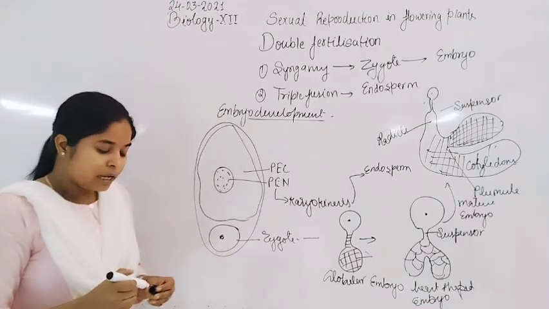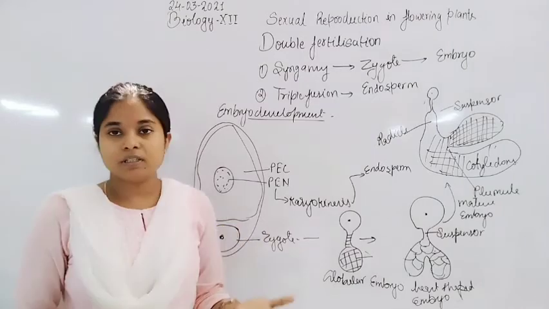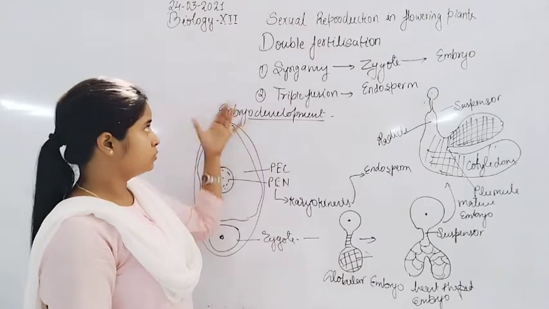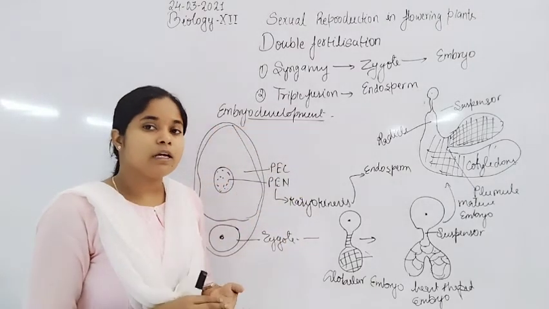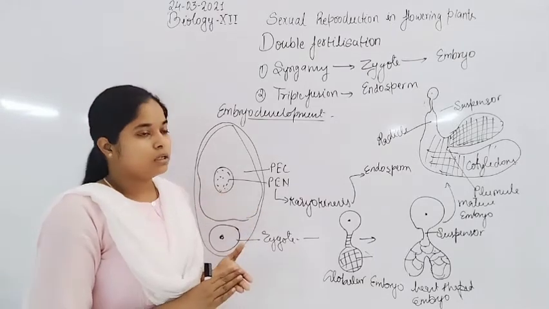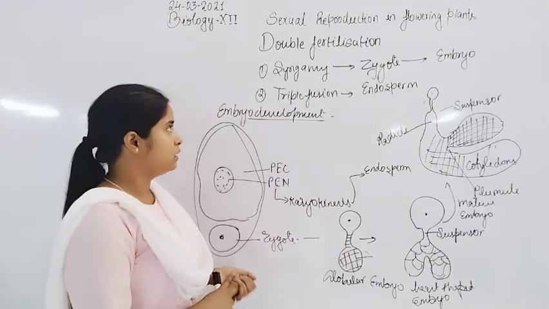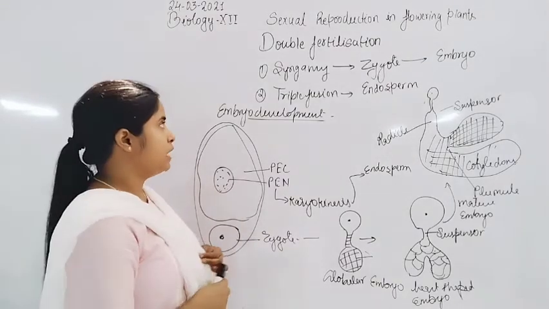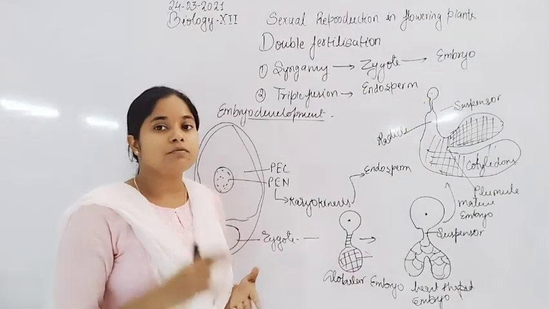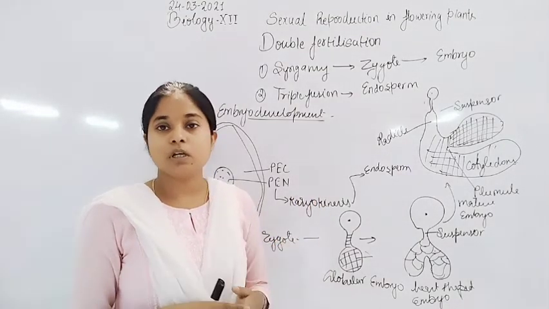Embryo development and double fertilization. The double fertilization. So let's do a quick revision. What did we discuss in today's class? So double fertilization is the characteristic feature of angiosperms. In this process, two fertilizations take place in the embryo sac, characterized by syngamy and triple fusion. Syngamy is simply the fusion of two gametes, that is one sperm fuses with the egg, and triple fusion is the second sperm fusing with the polar nuclei.